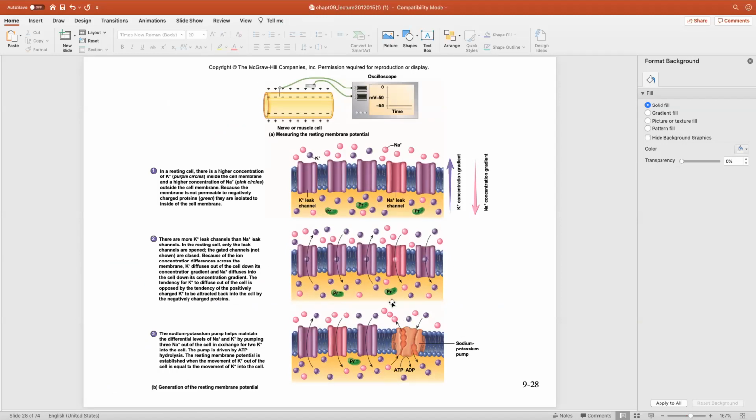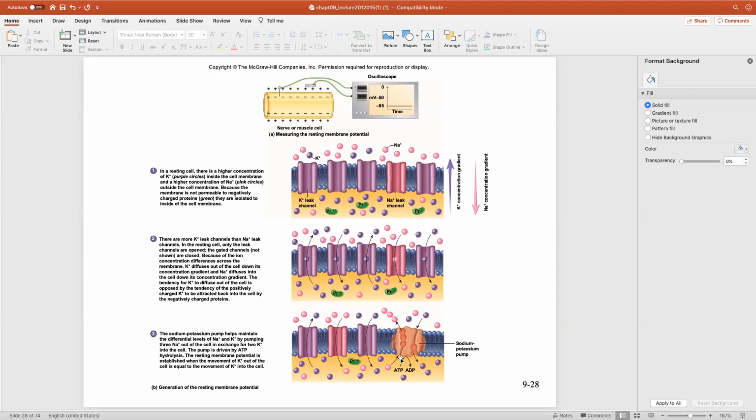3 sodiums, 3 positive charges. At the same time, only 2 potassiums are brought in. So you are losing a positive charge with each pump. If you lose a positive charge, you don't become 0, but the cell losing that positive charge becomes negative. Not only that, there's an unequal movement of ions, so you're only bringing 2 positive charges in,